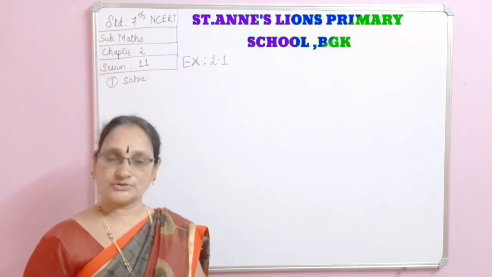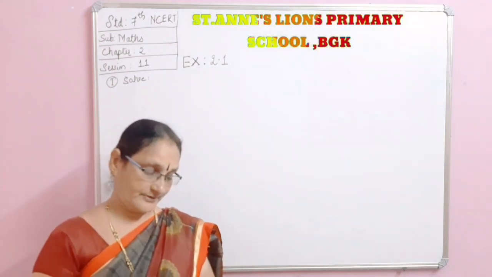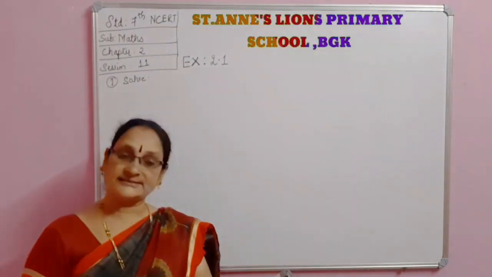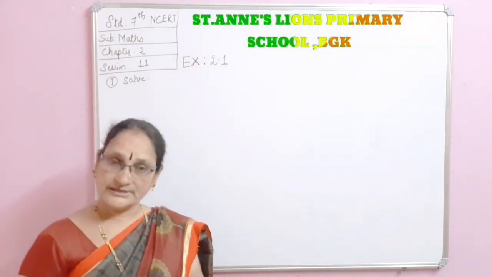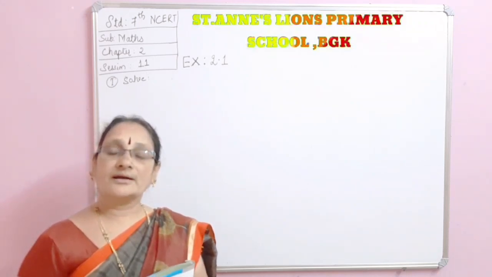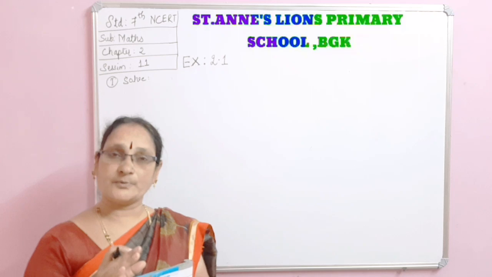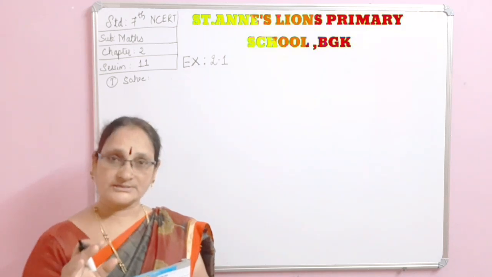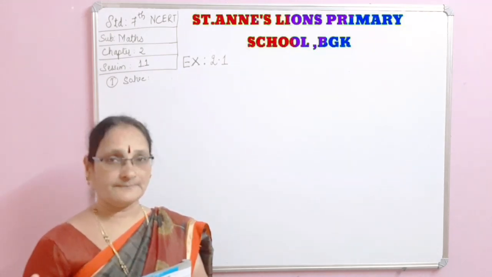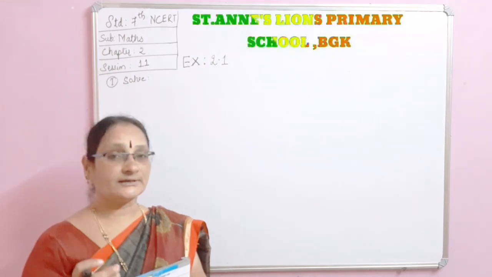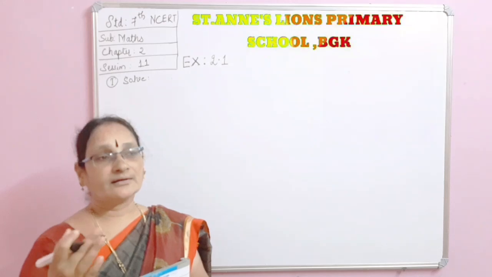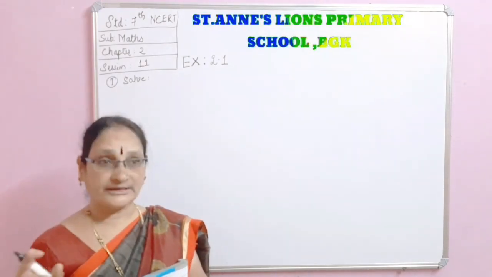And one more thing I am going to clear here. In the 2.1, I am going to solve the first, second, third ones. Why not 4, 5, 6, 7, you may ask. See here, the government has announced that 30% of the portion will be cut off due to this corona effect. We started the school very late. So the government has cut some exercises, some problems, and even in the syllabus some chapters are also deleted.